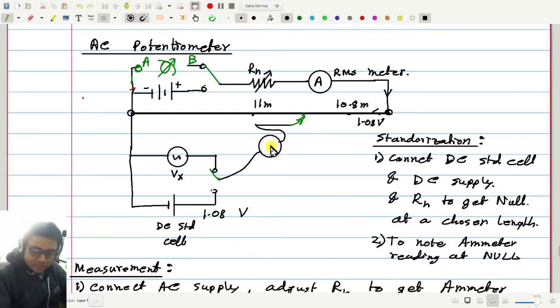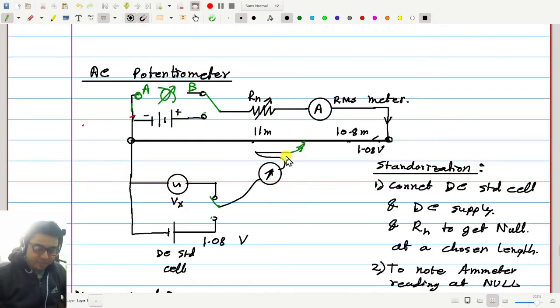This is because normally when we say galvanometer, it is a DC measuring instrument like a PMMC instrument. Also there are some special AC galvanometers, but normally we think of a DC instrument, and if we try to measure an AC voltage with a DC sensitive instrument, we will get 0. That we know, because voltage changes cyclically, so we will get a 0 reading at normal frequencies. So therefore,